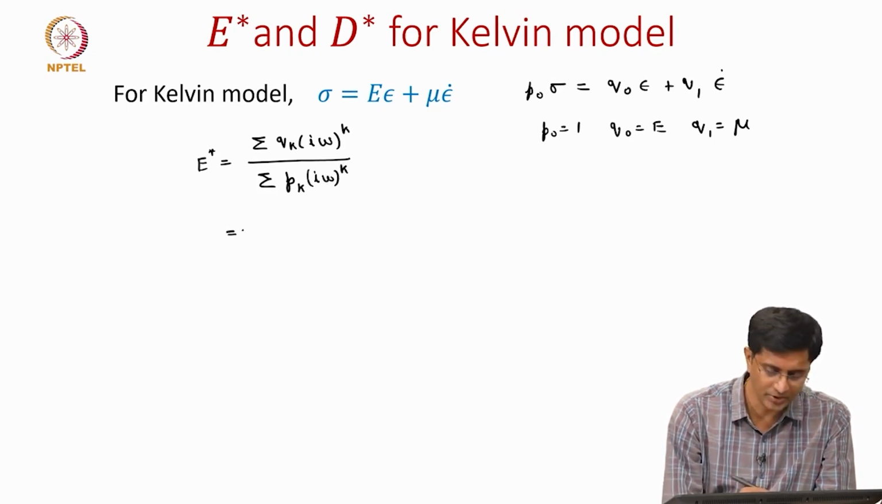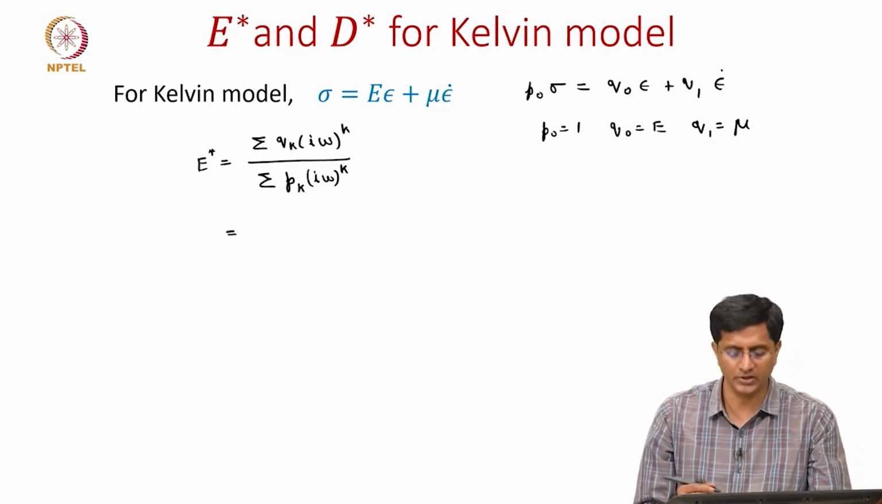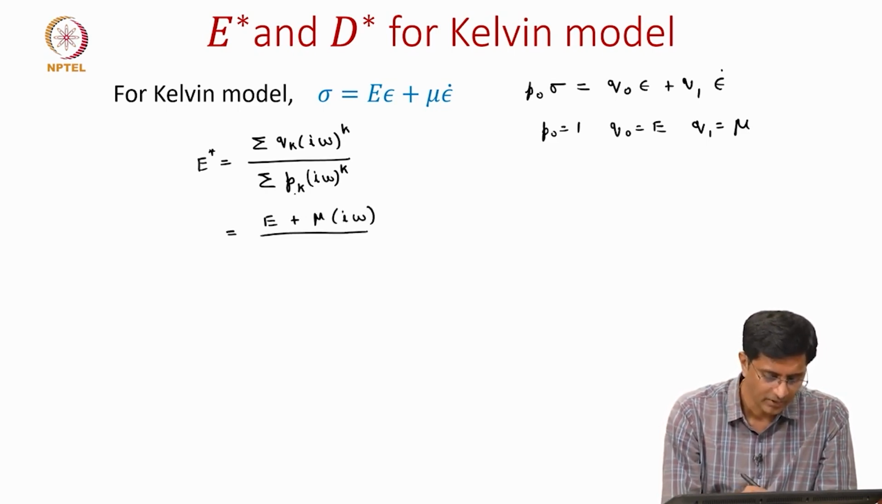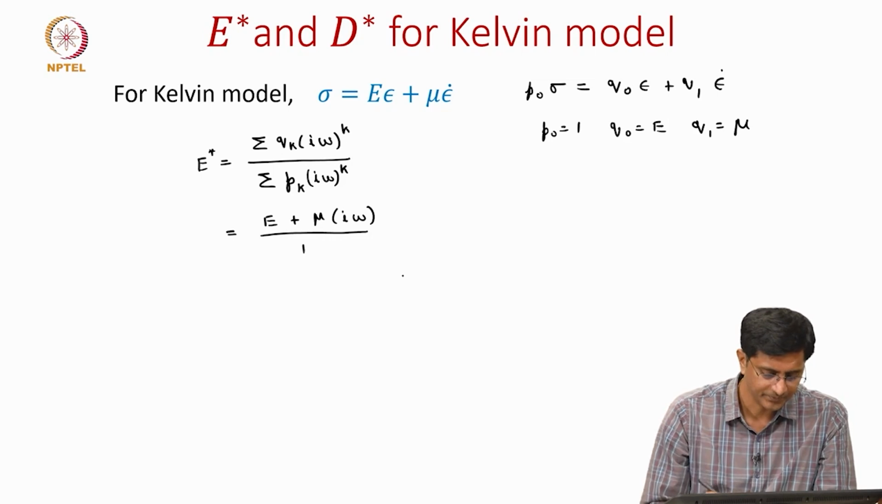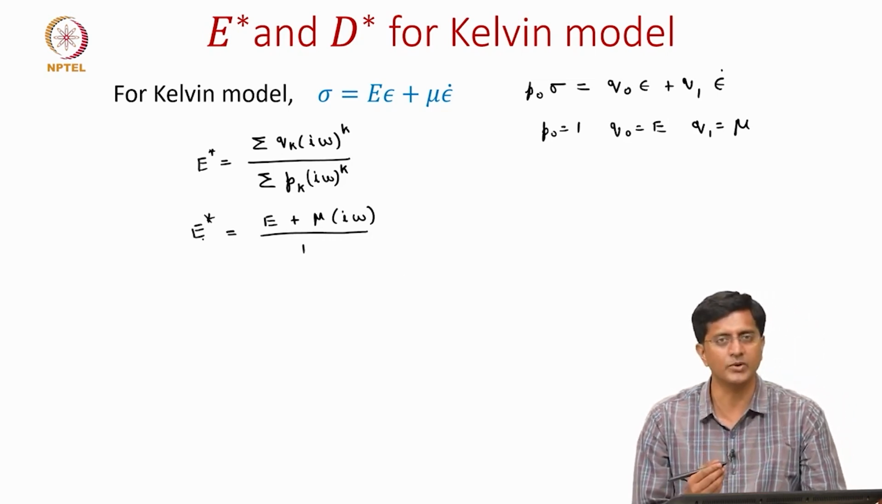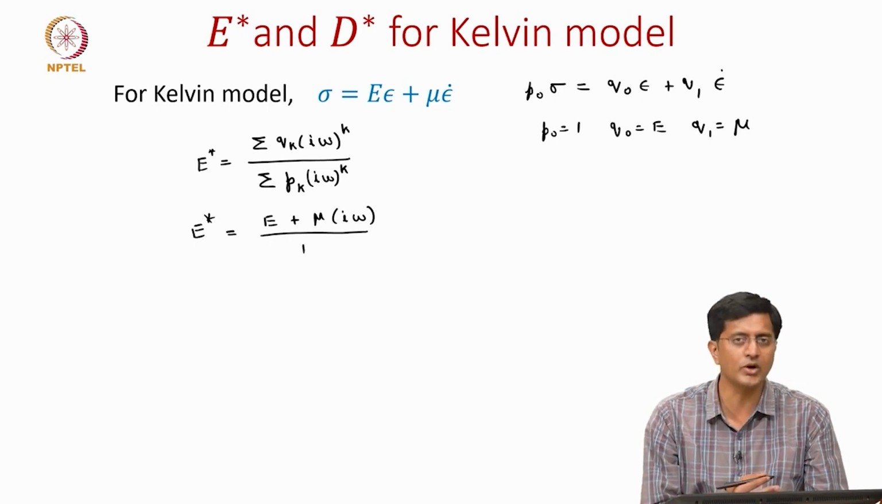So, once I substitute these P's and Q's, it should be E plus mu times I omega by P naught is 1. So, this is an expression for the complex modulus, but looking at this now I should be able to write